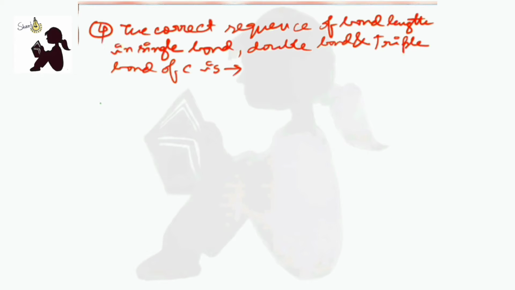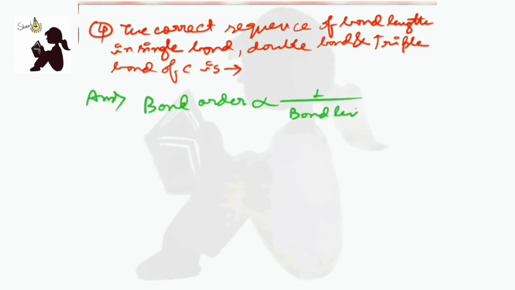In the fourth question, they have given you the correct sequence of bond length in single bond, double bond, and triple bond. So here we know one formula, that is, bond order is inversely proportional to bond length, right? So the value for carbon is like this. Now we can understand it